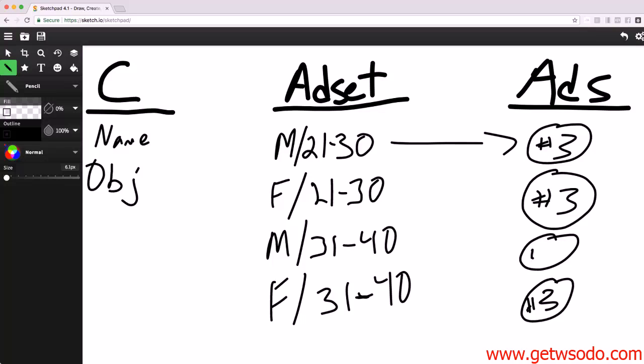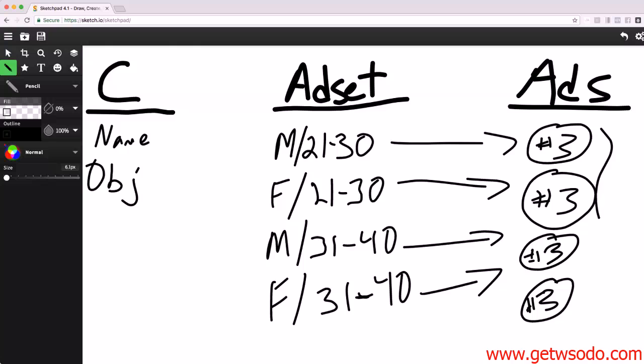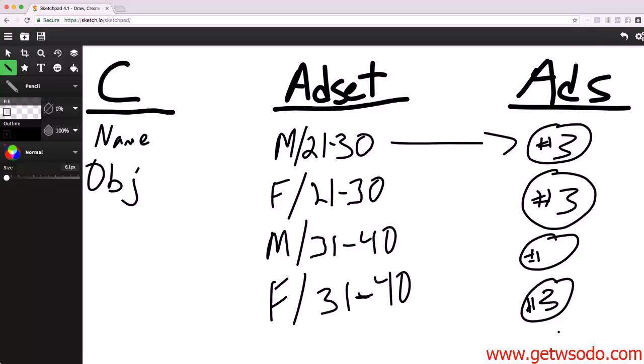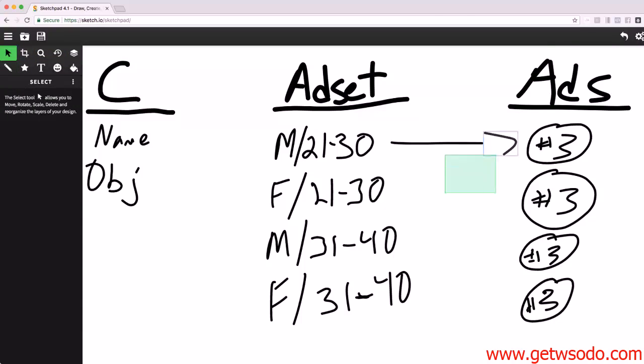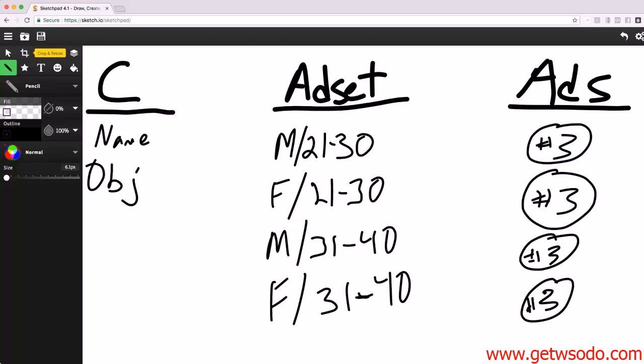These are all the same exact ads, right? And these are all going to the same ad, all right? And all of these are the same exact ad. So now what happens is, even though it's the same ad, let's say that out of these audiences or ad